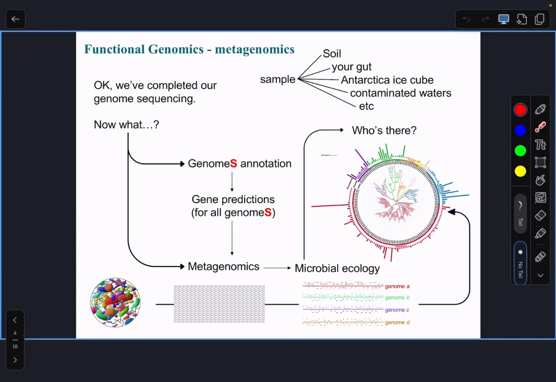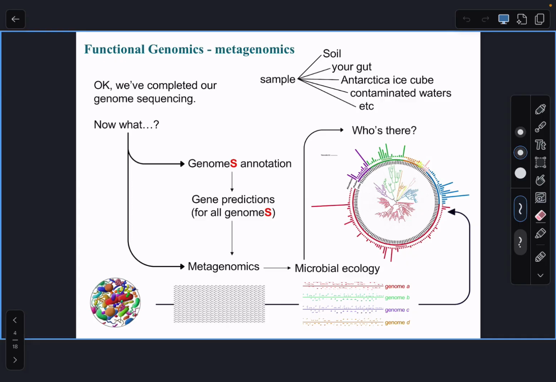The way that's done is, here's obviously a cartoon, but you have your very complex collection of microbial species from whatever your sample is. You use next generation sequencing to generate millions and millions of short reads. And then you basically assemble these genomes based on that concept we discussed on Tuesday, shotgun sequencing, and the idea that with all of these millions of reads, you can start overlapping them and build the puzzle of each of these genomes. So with significant overlap among the millions of reads that you generate, you'll be able to assemble genomes